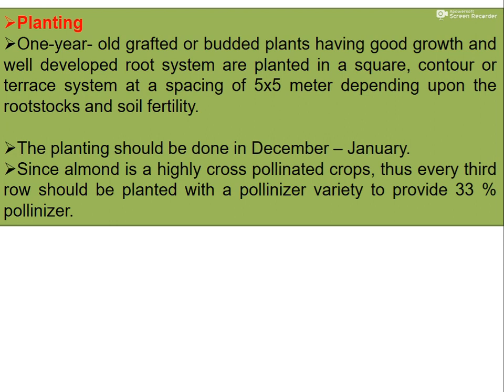One-year-old grafted or budded plants having good growth and well-developed root systems are planted in the square, contour or terrace system at a spacing of 5 by 5 meters, depending upon the rootstock and soil fertility. The planting should be done in December and January. Since almond is a highly cross-pollinated crop, every third row should be planted with a pollinizer variety to provide 33%